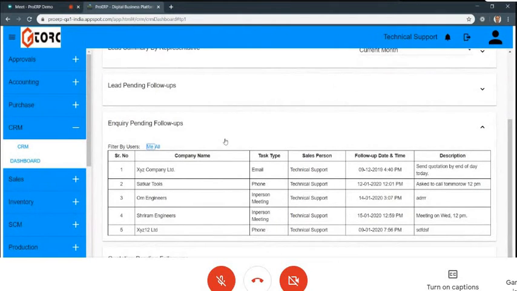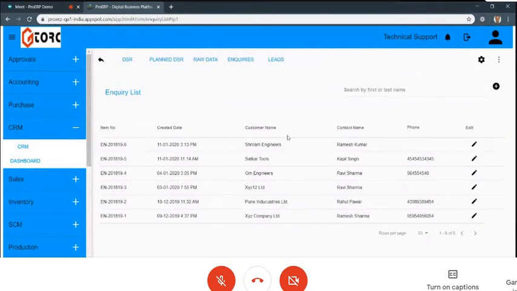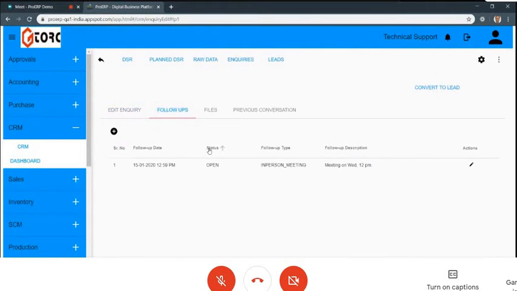Okay, so the system keeps sending you this information. What you can do next is, of course, you have a database of inquiries, you keep follow-ups, and the system reminds you. Even if some other person wants to know about an inquiry, he can go to the inquiry, look at the details, and understand what has happened with it.